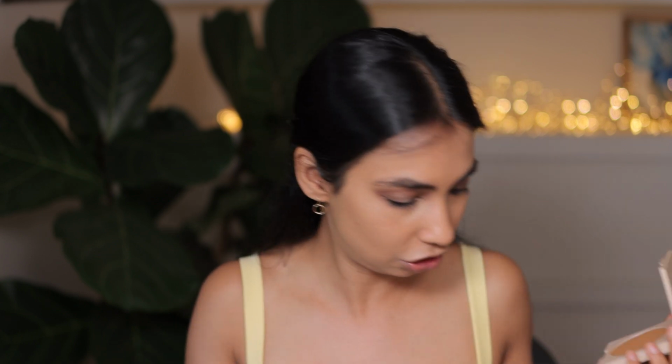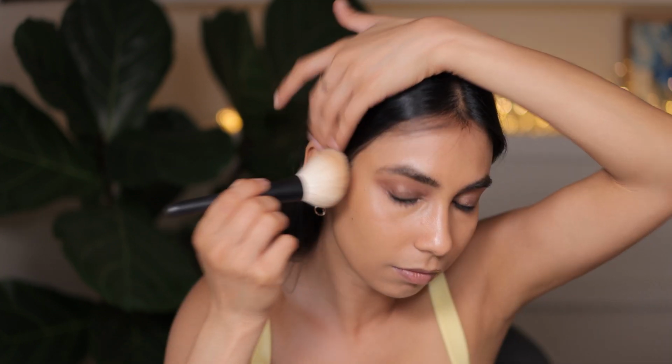For bronzer, I'm going to use Ilia in the shade Novelty. And that's really how much bronzer I want today. Now I'm going to go in with blush, Ilia Multi-Use